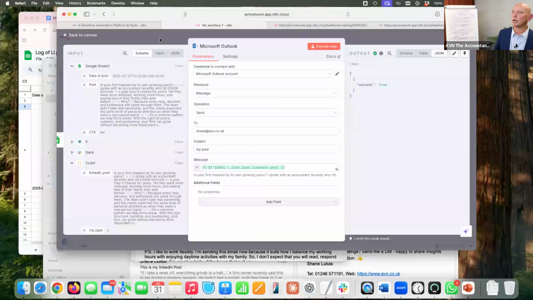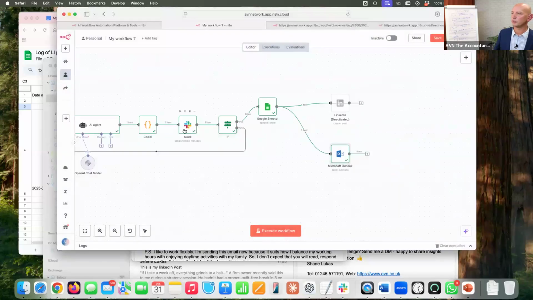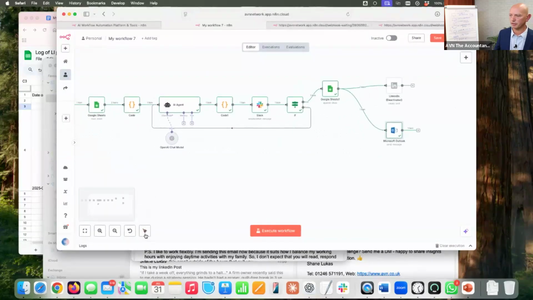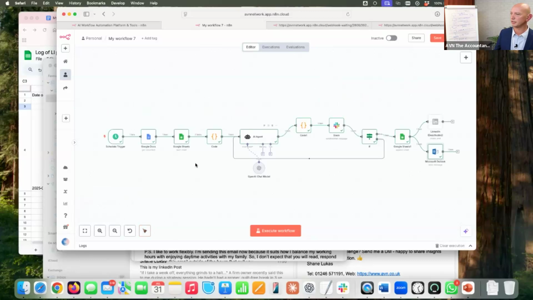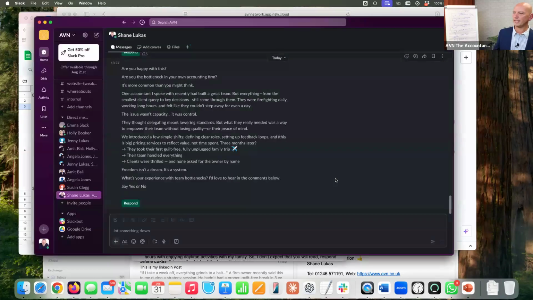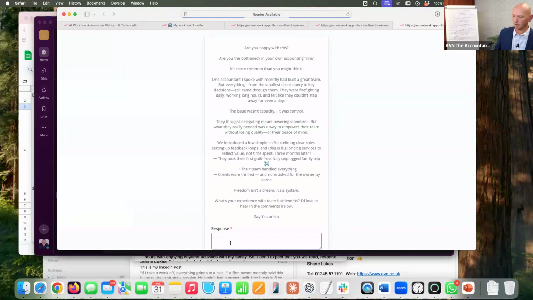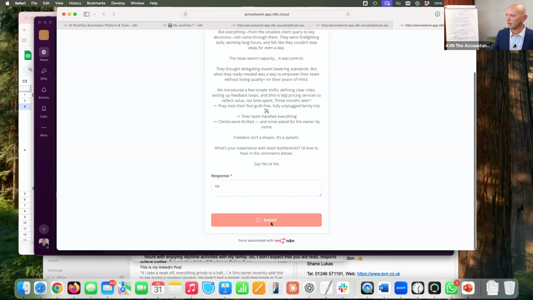All right, now, if we wanted to, we could run, by the way, if you click this button here, it tidies it up if it needs to be tidied up. We can run that anytime, of course, it's scheduled. So if I do that, you can see it working through. Yeah, we can see it having the conversation. We can see it get to Slack, and it's waiting there because it's sent me a new one now. If I respond and put, let's say I put no for the benefit of this one there.